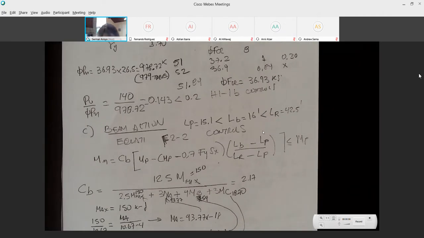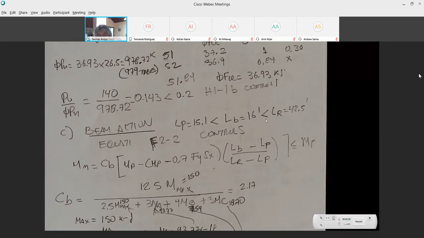Always, always, always, and always for a beam. No matter if you are doing a beam column or you're doing just a beam, we always need to know where we are with respect to L sub P and L sub R. We need to know where we are because it will tell you which equation controls. So it's very important for a beam to know your unbraced length compared with L sub P and L sub